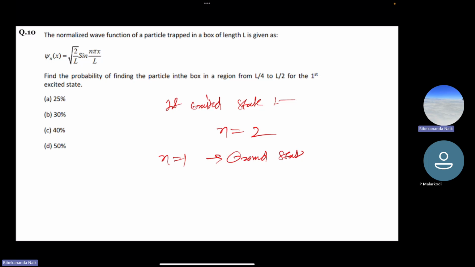So for the first excited state, it will be n equals 2. If we put n equals 2, then what will be the wave function? The wave function psi 2(x) is root over 2 by L sine 2 pi x by L. And you know, to calculate the probability, it will be the integral from L by 4 to L by 2 of |psi(x)| squared dx, that is